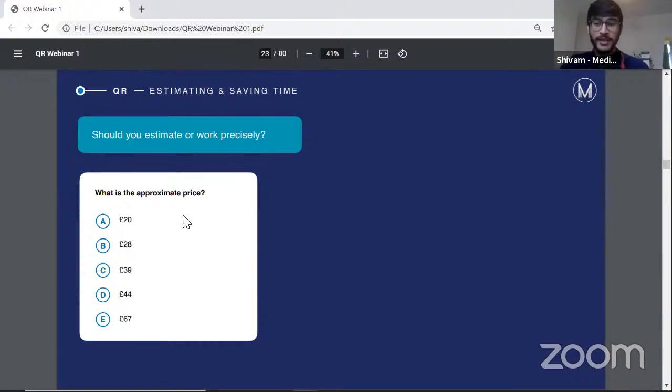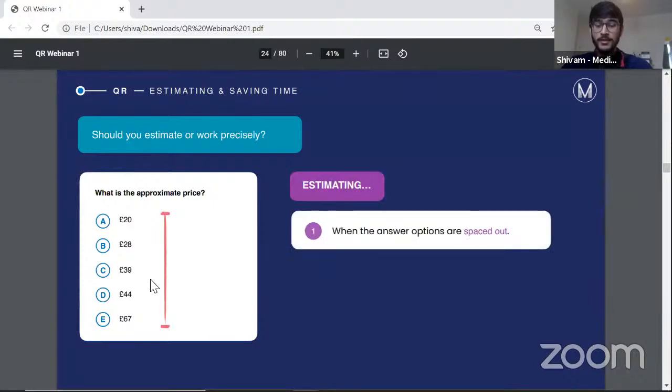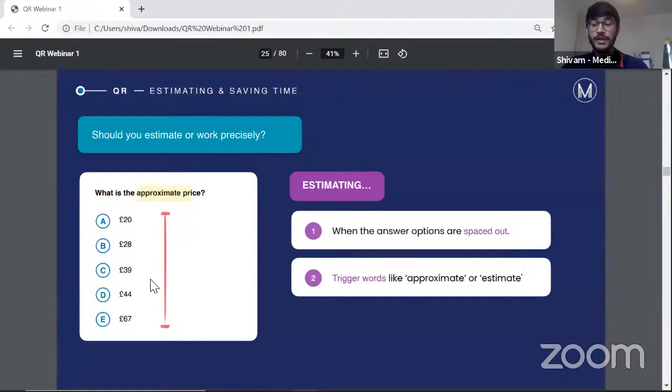I haven't even got the question here. I've only got the answers. Do you think that we could use estimating, or do you think we need to be quite precise? Well, that's quite obvious, isn't it? The answers here are quite spread apart. So actually, because they're spread so far apart, this should really be a trigger to us to use a bit of estimating. And another big trigger word, and this is something I really want everyone to write down on